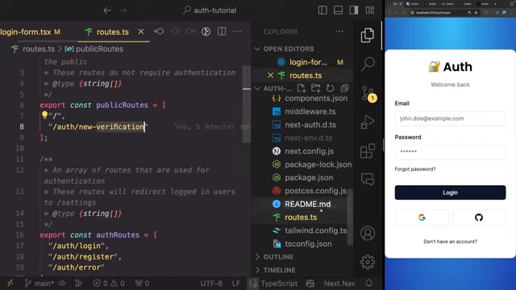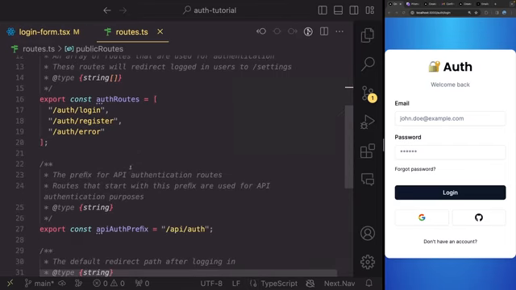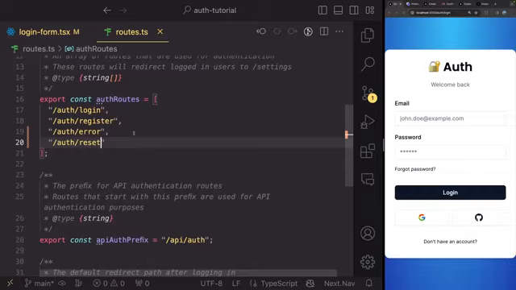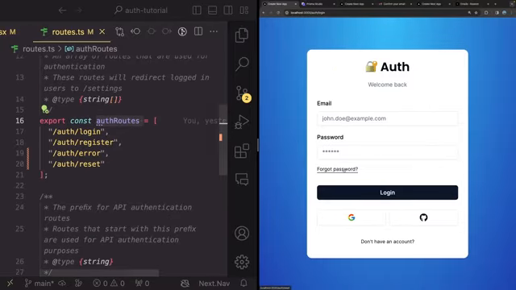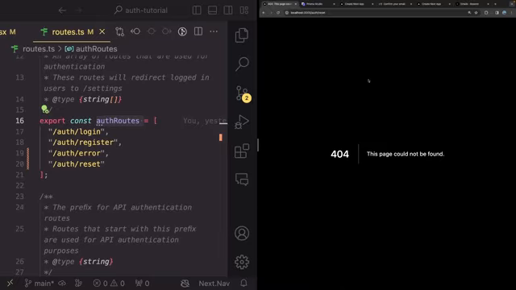So let's find the routes.ts here, and we're going to add them to the auth routes. So go ahead and add /auth/reset to the auth routes array. And now if I click forgot password, I should be redirected. Let me go ahead and try this again. There we go. So refresh your page and you should be redirected to a 404 page and your URL should